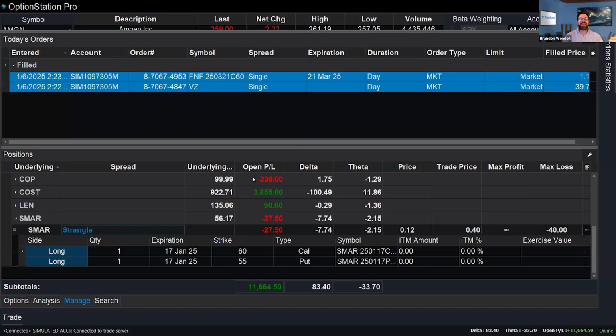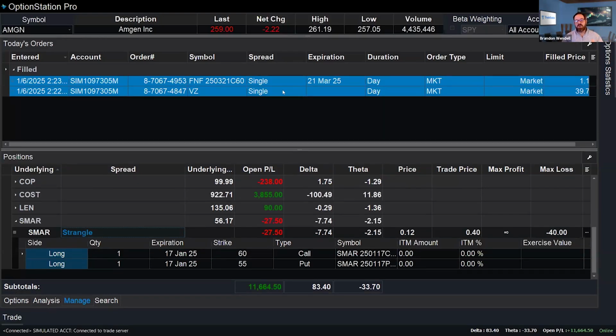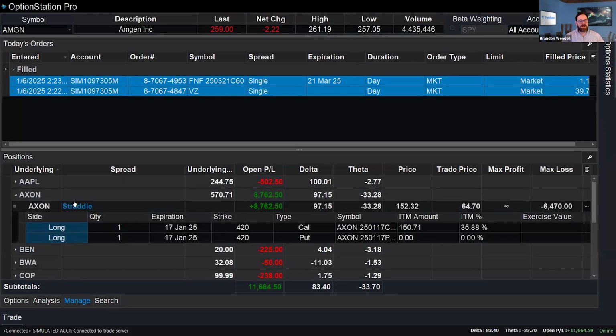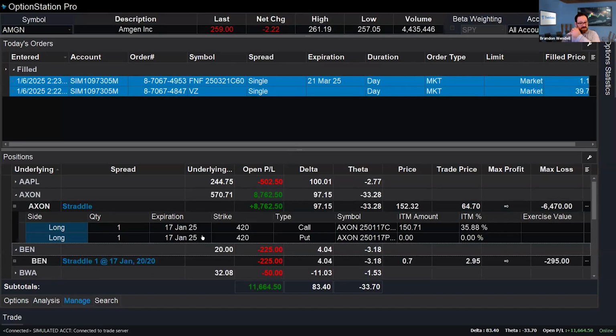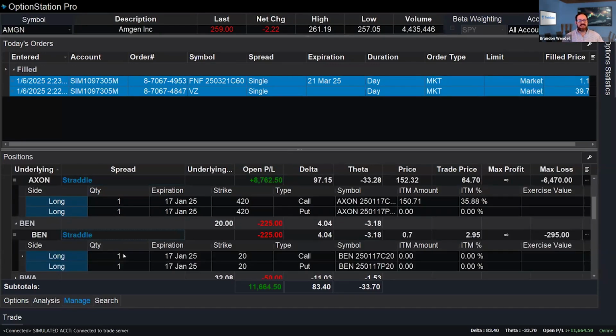I'm looking back to see how they were placed, why they were placed, and how you can manage those types of positions in TradeStation and Option Station Pro. So starting off, I'll start off with the straddle right here in alphabetical order. I also think I have one right here. Yes. So we have a positive straddle, a negative straddle as far as profits, and then a negative strangle right now. So we'll examine those.